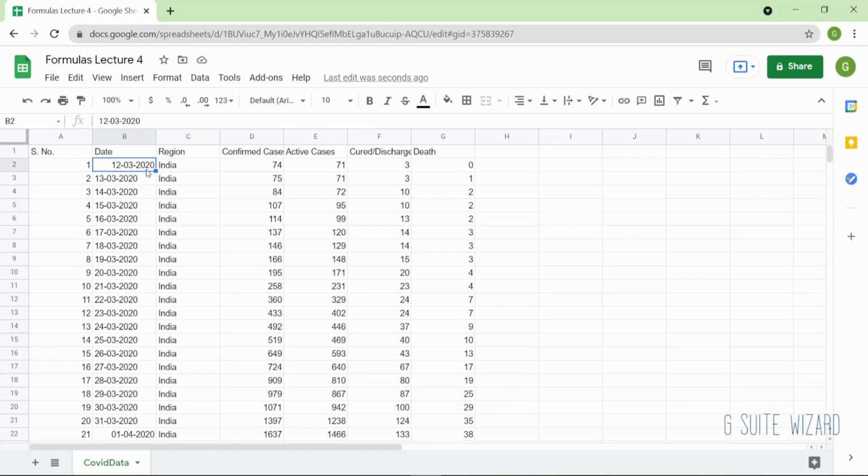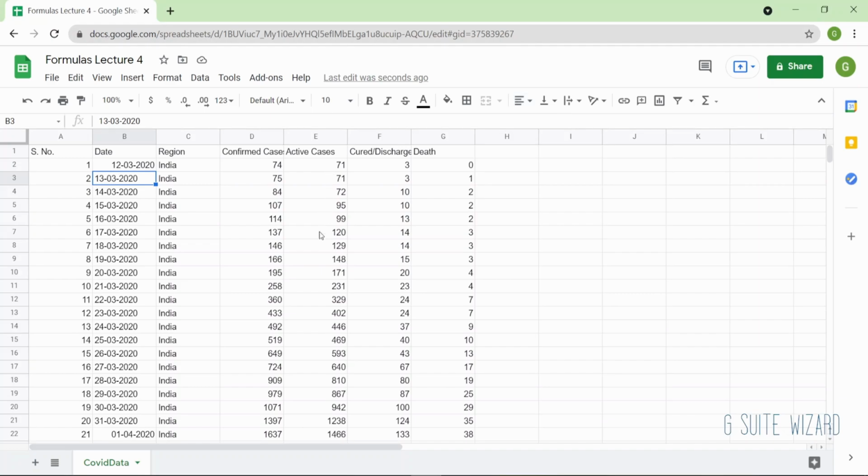As you can see, there's irregularity, or lack of uniformity, in the date string. This date is on the right side and this date is on the left side. Why this is happening is, as I've told you, a date or any number format will always automatically come to the right side unless you specify it, or unless you go and change it over here. It will always come to the right side alignment.